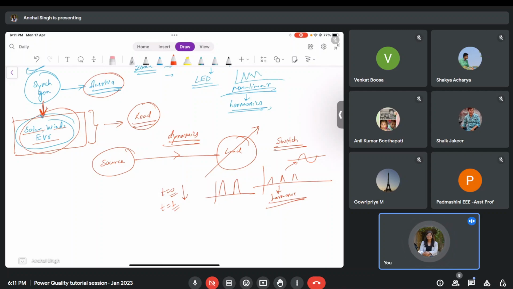If I was consuming 10 kilowatts before, and then all of a sudden that 10 kilowatts became zero, this is a huge change in power. So therefore the dynamics of the grid are increasing and the nature of load is changing. And also we discussed that we are trying to change the nature of source too, from non-renewable sources of energy to renewable sources of energy.